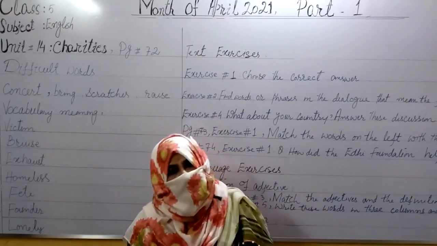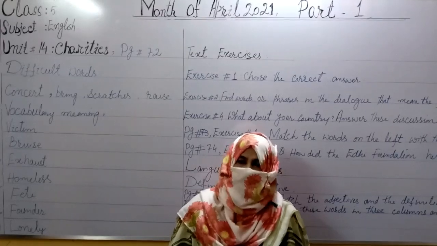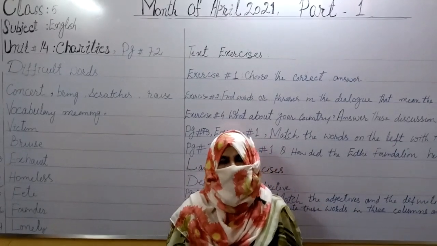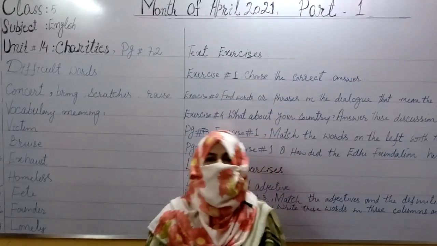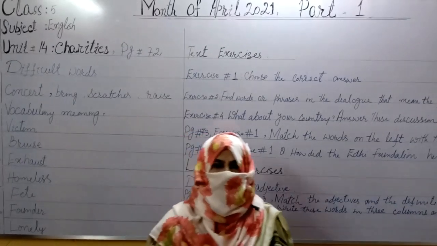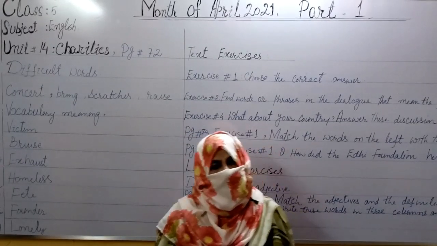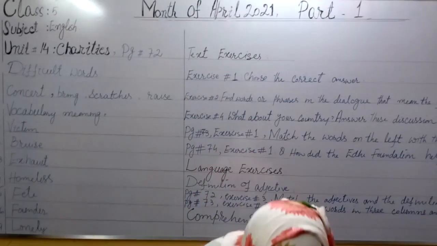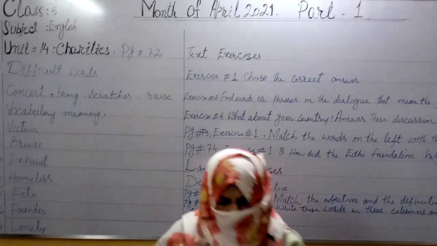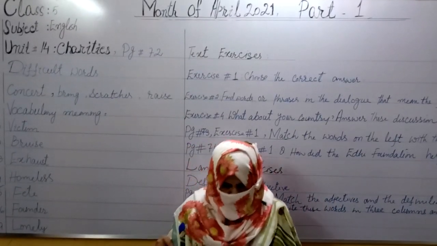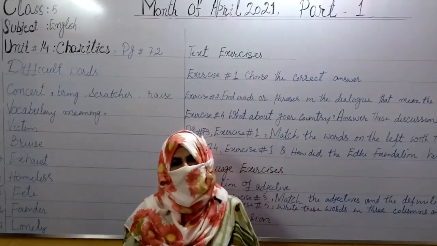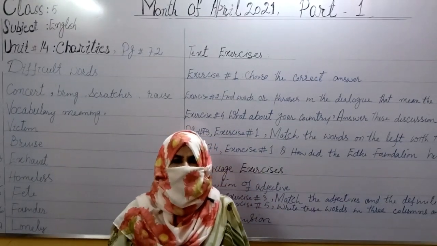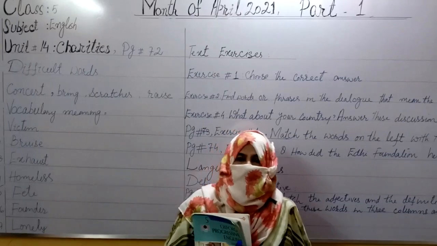So, in this lesson, two friends are speaking to each other. They are talking about charity. Their names are Saira and Parveen. So beta, take out your book and look at page number 72. In this lesson, Parveen